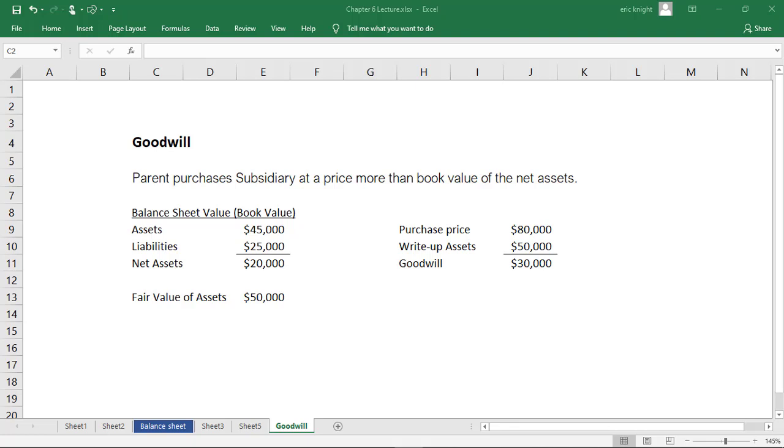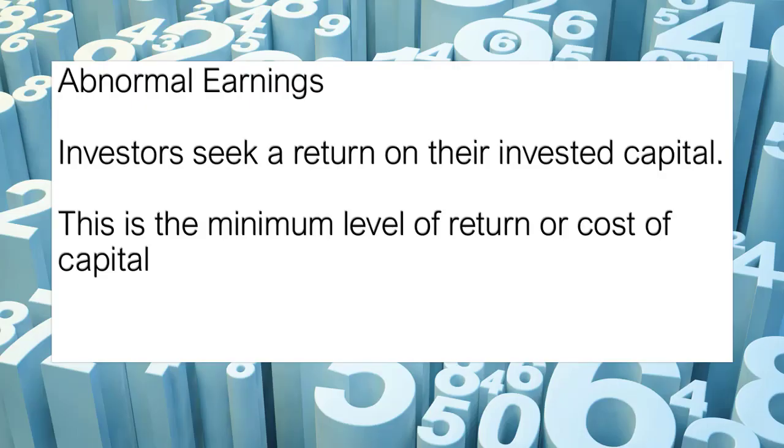Well, the importance of coming up with fair value is that it has a bearing as to what those assets are going to end up on the initial balance sheet of the parent company. Now, we've made a lot of estimates and used earnings to help us to determine the value of the business, but oftentimes the reality is different from the estimates, right? We call this abnormal earnings.